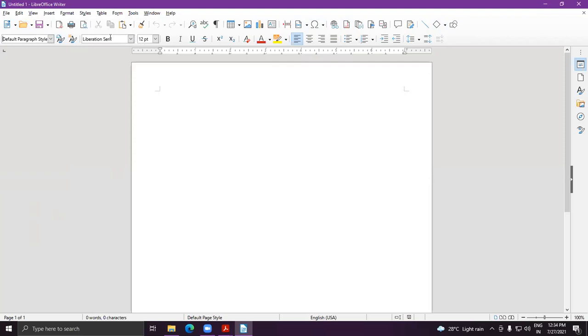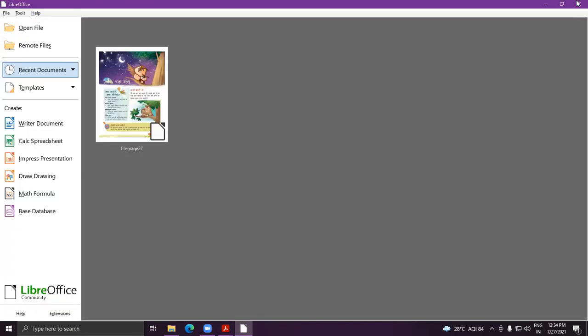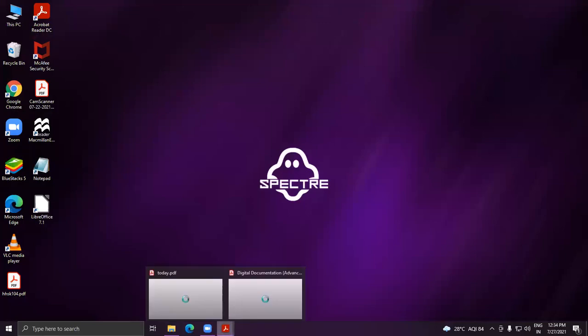Okay. And here is the default paragraph style, in which you can select different kinds of styles. Here you can select the font name and font size. You can set your text to bold, italic, underline, and strikethrough. Here you can give the superscript, subscript, and coloring, and so on. We will discuss all these tools in very much detail. Okay, so don't worry. So this is the very first interface you see when you start LibreOffice Writer. Am I clear to everyone, students? So now I'm just closing it for now.